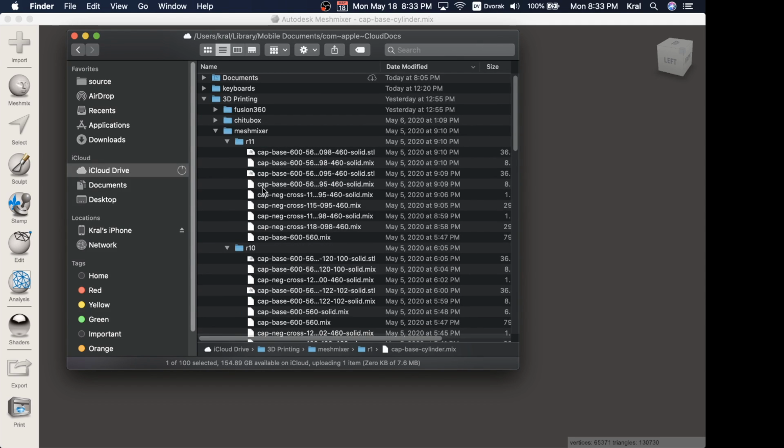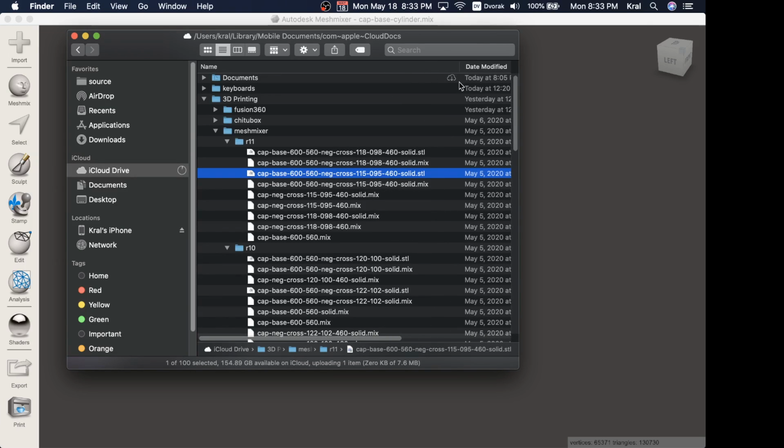for 2 weeks straight with a bunch of resolutions, and every time I tried to change some dimensions. Let's look at this one, negative cross. Now let's pick one that's cap base. I need to widen this. Yeah, cap base 650 negative. So my numbering scheme was 600 is really 6 millimeters, because I needed to get down to 3 digits of millimeter resolution. So this is 6 millimeters